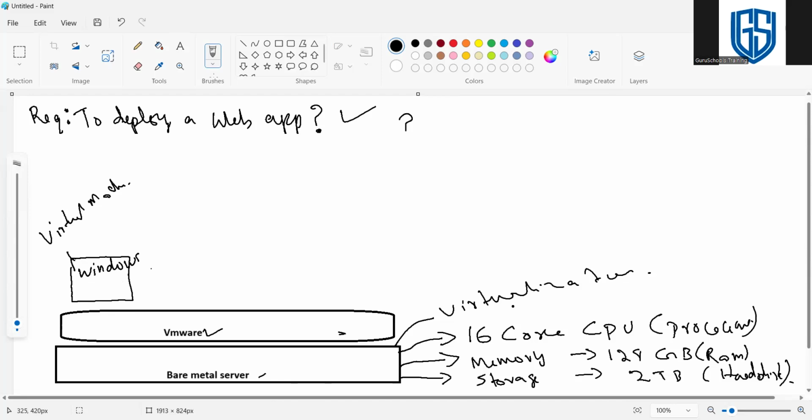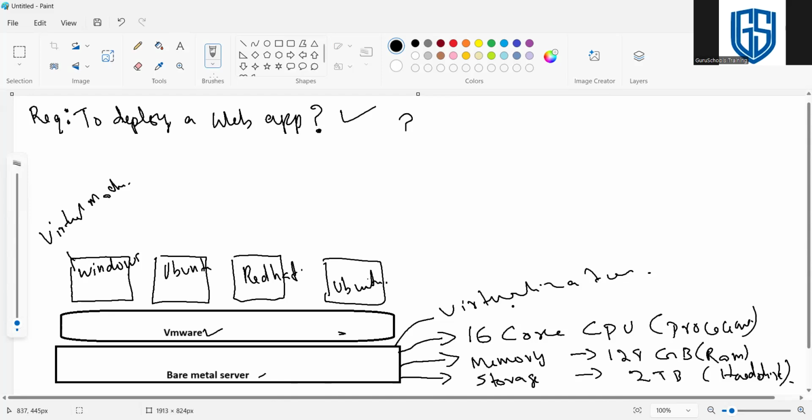We install a Windows machine there. Then, for the other requirement, we install Linux: Ubuntu or any other flavor like Red Hat. Again, we install one more Ubuntu. So these 4 machines we call virtual machines, VMs.